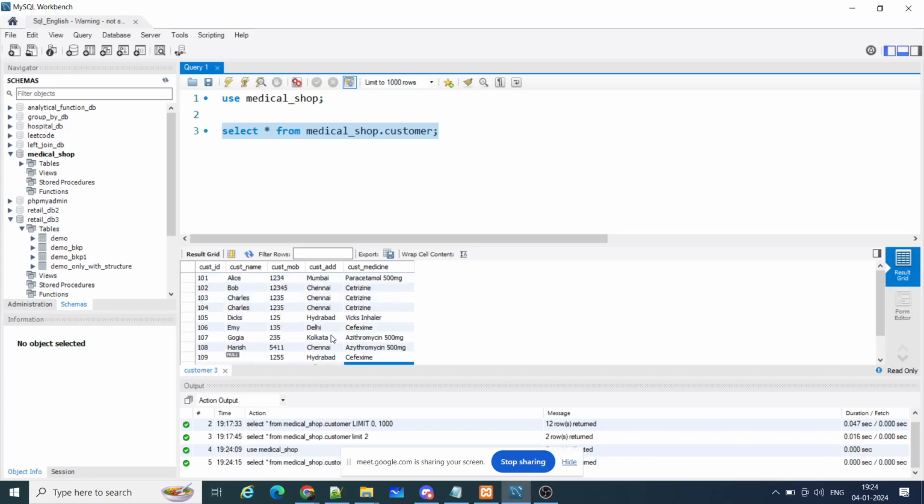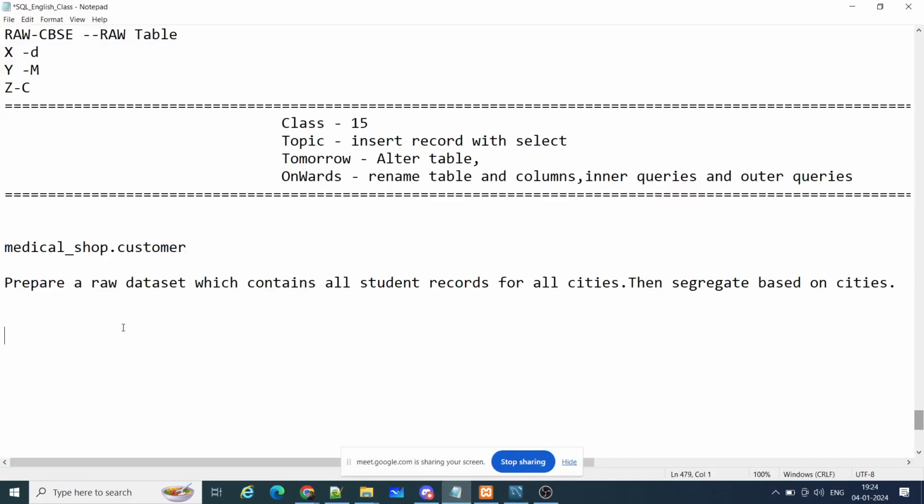Now I just want all the customers who took cetirizine. I want allergic patients. I want all allergic patient records with customer name and customer address. What is my requirement? Select cust name, cust address. My requirement is, from medical shop,